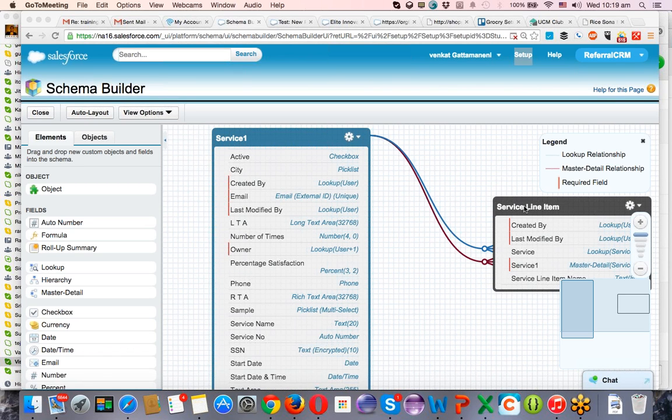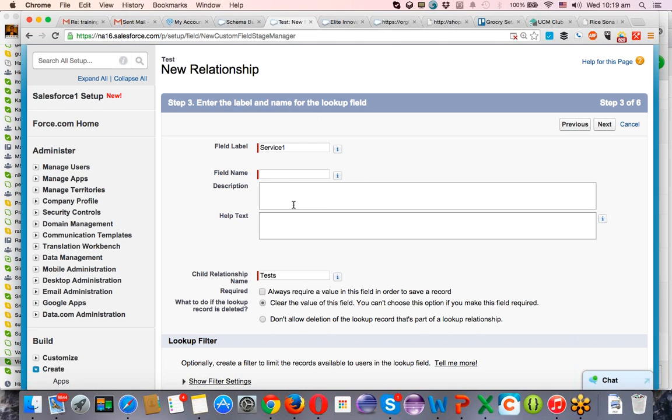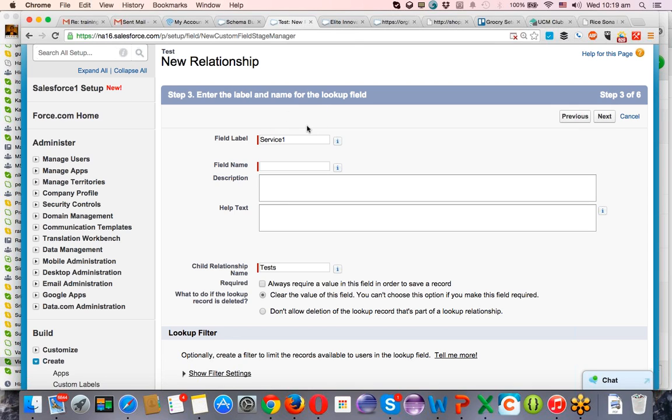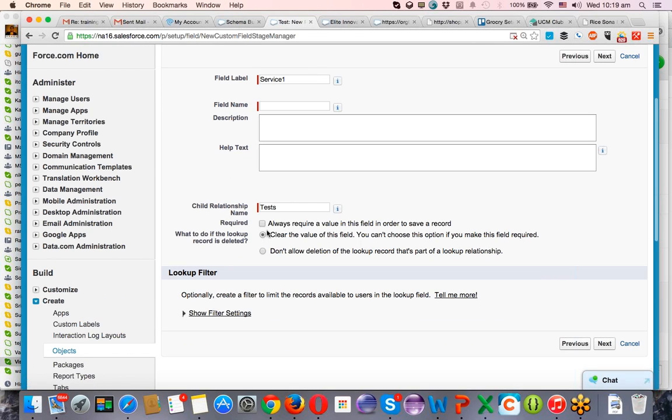In case of master detail relationship, when the parent is deleted, child records will be deleted. But in case of lookup relationship, we have an option to do that. That's the reason I have opened the test object. I'm trying to create the lookup relationship from test object to service one object. Here you can see